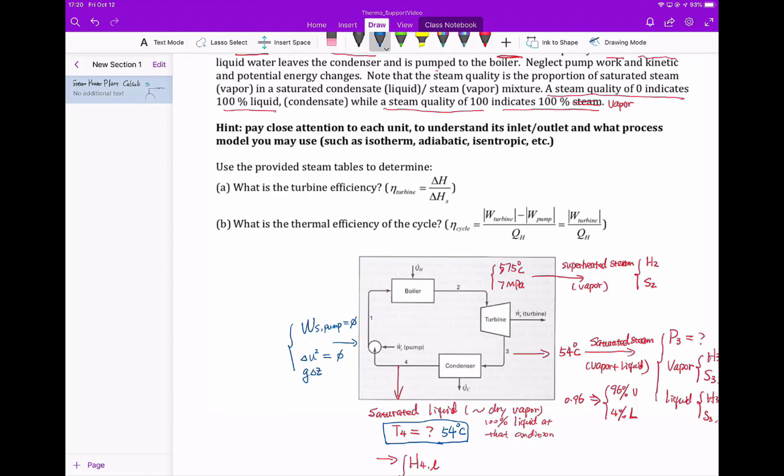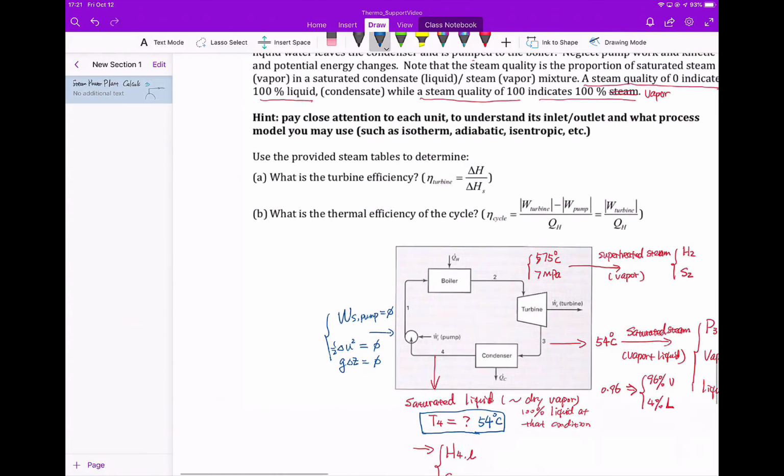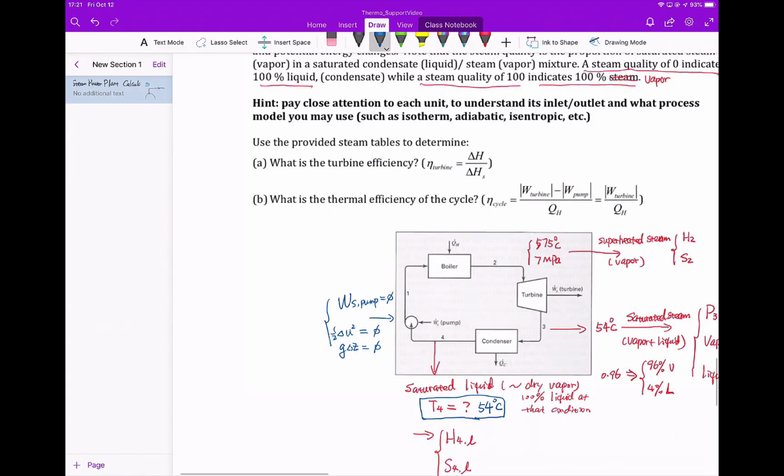G delta Z would be 0 as well. Okay, so that would imply, if I'm going to set up the equation only for the pump process from 4 to 1, for the pump process,